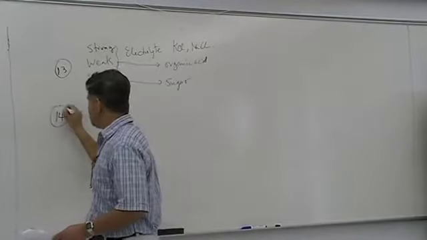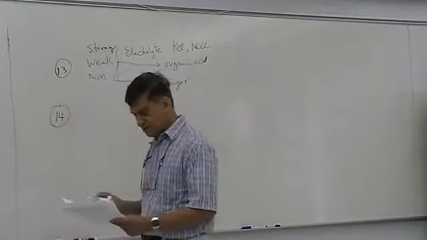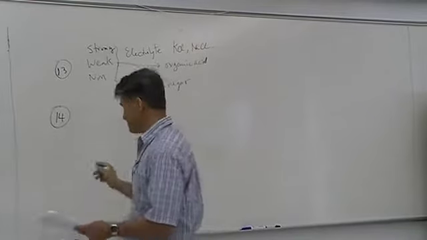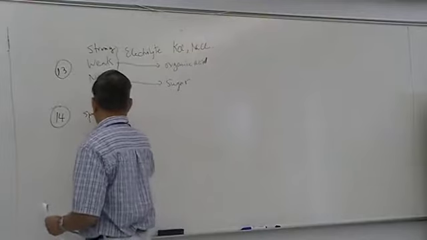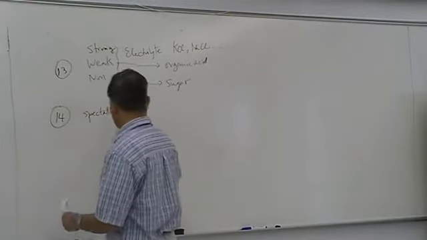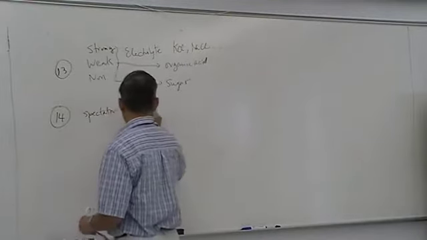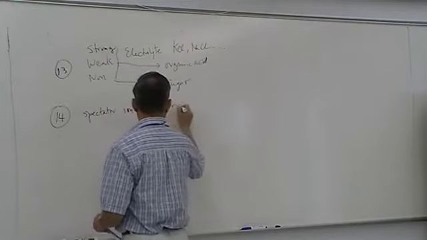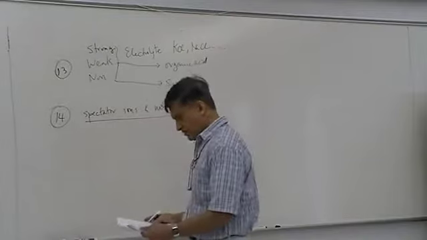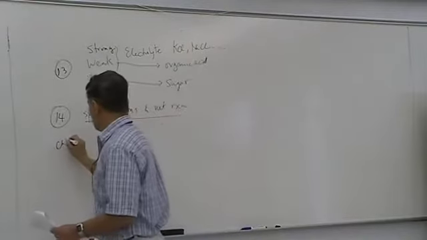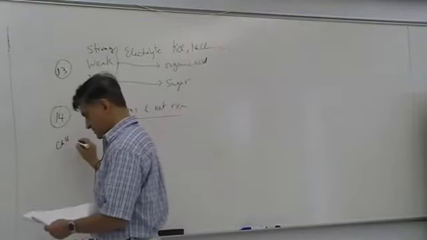Next type of question would be what we call spectator ions, and this will be the last type of problem that will be on the test. So spectator ions and net reaction. By going over this problem, which is chapter 4, number 39,